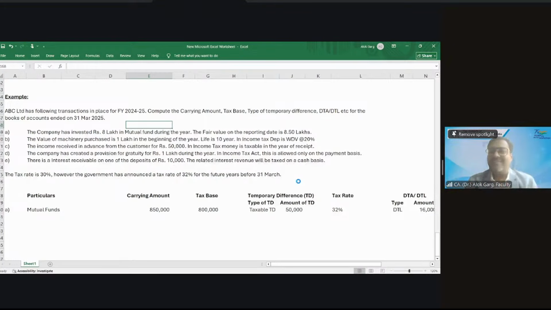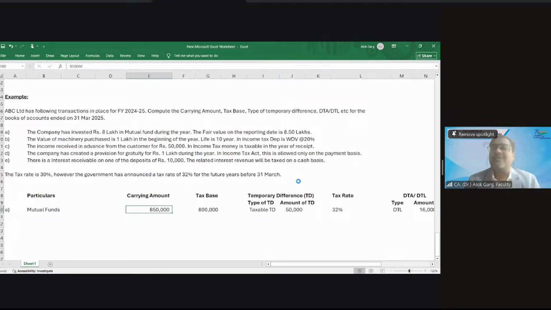Okay? So as per Ind AS 109, this mutual fund is a financial asset. And a financial asset has to be measured at fair value on the reporting date. What is the fair value, Naman? 8,50,000 is the fair value. This is the amount you will see on the balance sheet as per your accounting standards, as per your Companies Act. But in tax,